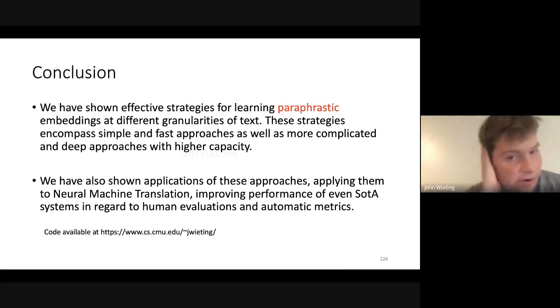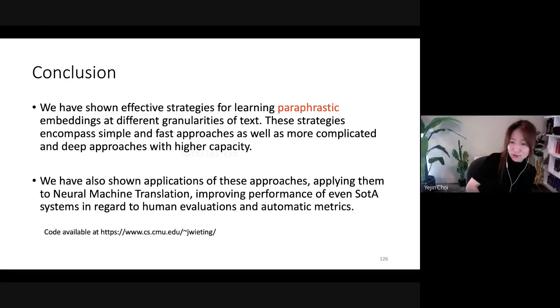Even if you think about it at the sentence level, most of these pre-training approaches are at the word level. Are there gains if you actually move to higher granularities of text, like sentences or multiple sentences? Can you do something more there? Is there information there that might be useful for tasks that use sentences, for example evaluation and that kind of thing? But yeah, I agree, it's expensive and it requires a lot of scale. But I think it could be an alternative approach, which would be kind of cool to explore at some point. Okay, would you like to go next?